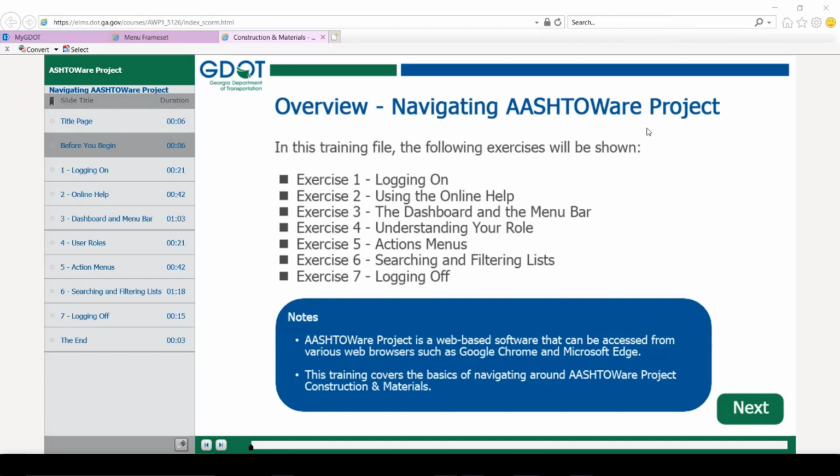We'll move through it. Ashtaware Project is a web-based software that can be accessed from web browsers like Google Chrome or Microsoft Edge. When you're working with any web-based software like this, keep in mind that you should use all of the controls inside the operational window of the application.